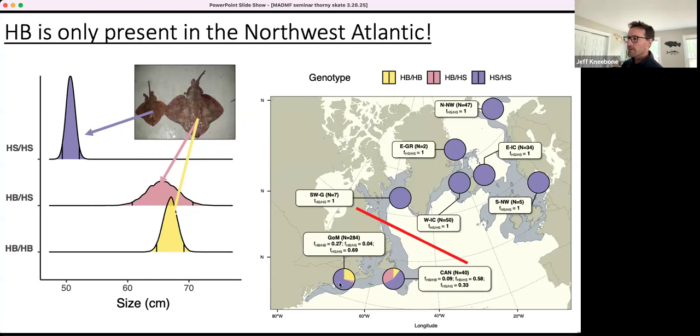And there are a couple of really interesting things here. These pie charts represent the allele frequencies, or the genotypes, of the skates that we sampled in the Gulf of Maine and in Canada. In Canada, the red, for large, is fairly large, and it's much larger than it is in the Gulf of Maine. So what this tells us is that in the Gulf of Maine, there's a deficiency in heterozygotes, the HB and HS, and that means that there may be impaired mating going on between the large and small morph, because if mating was not impaired,